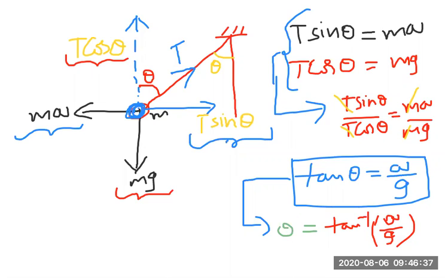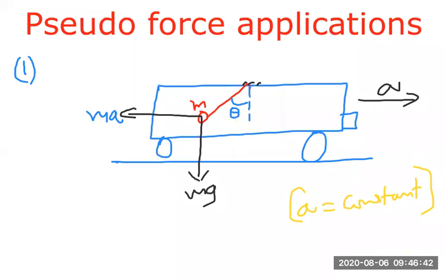So this is the theta. That means when the car is moving front, the pendulum which is hanging, which is initially vertical, because of the car moving front with an acceleration, a pseudo force acts on the pendulum and it moves back. So car moving front, pseudo force will act back, opposite direction. Always pseudo force is opposite to the acceleration. So here MA is acting in the opposite direction, MA pseudo force acting on this bob. mg is the weight here.